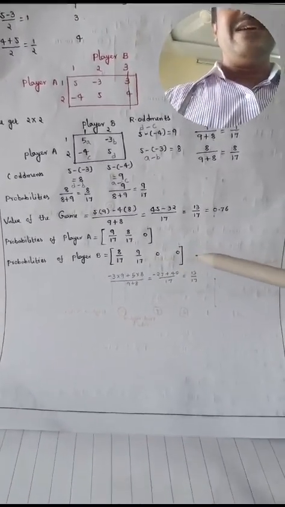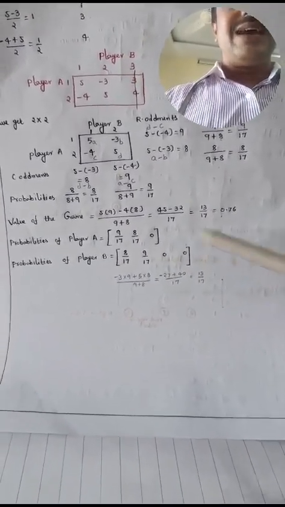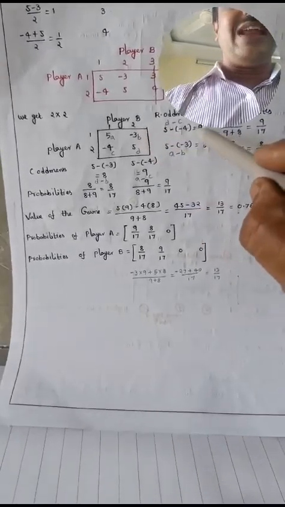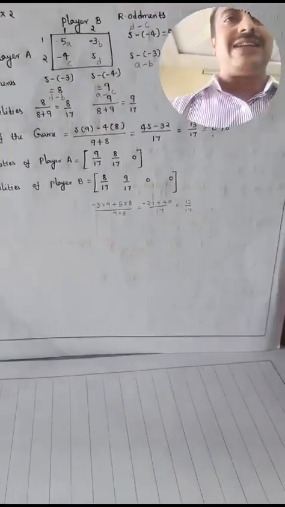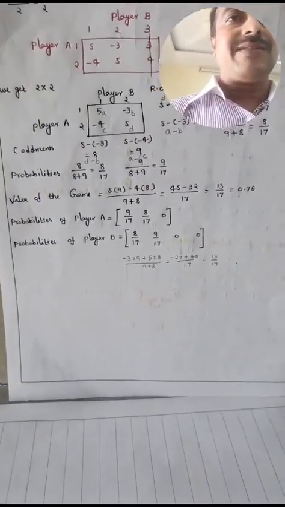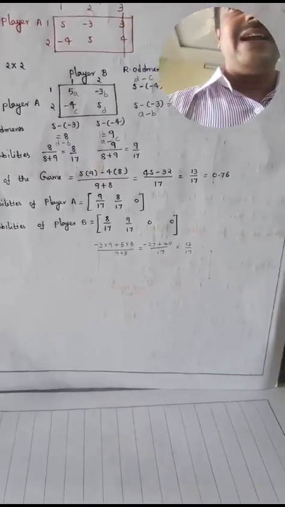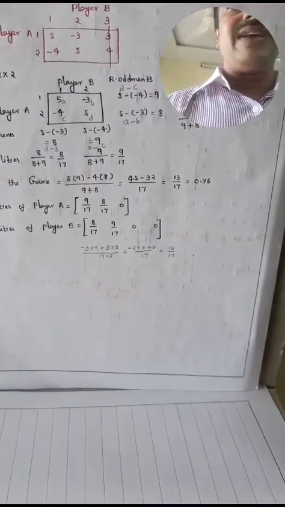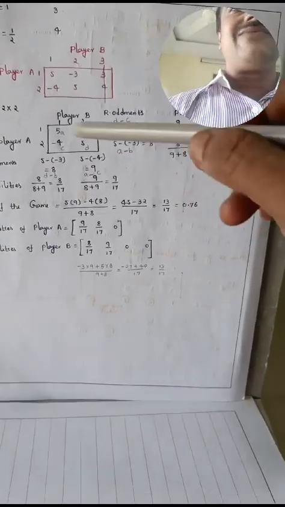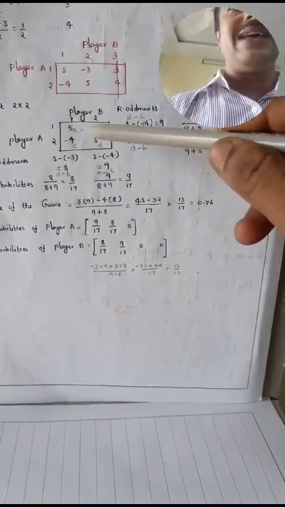In the same way we can take the values as -3 into 9 plus 5 into 8, that will also give the value as 13 by the sum of 9 plus 8, and this will give the value of the game. And the strategies are what are left here, and for player A there are 3 strategies,